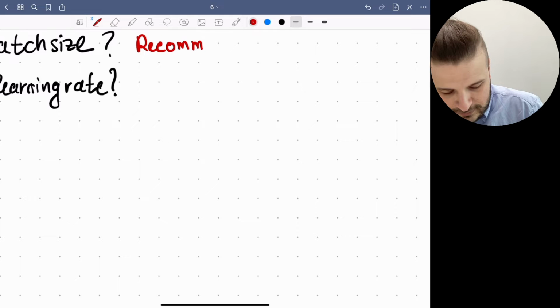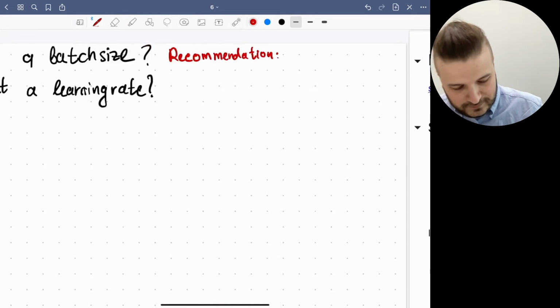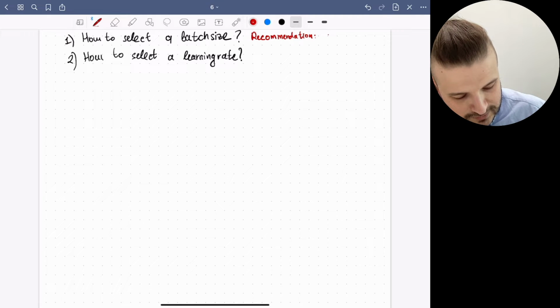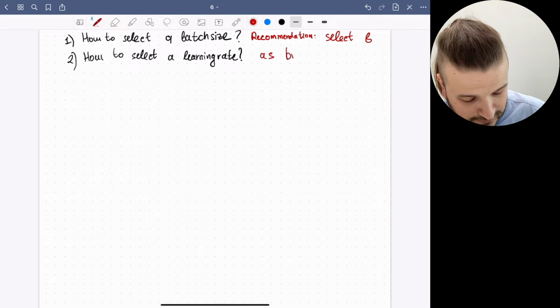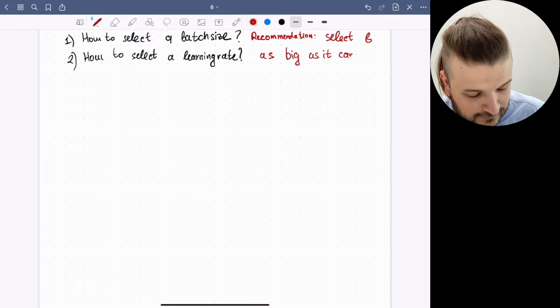Current recommendation: select B as big as it can fit the GPU memory,